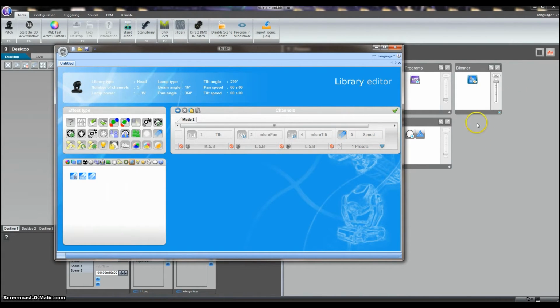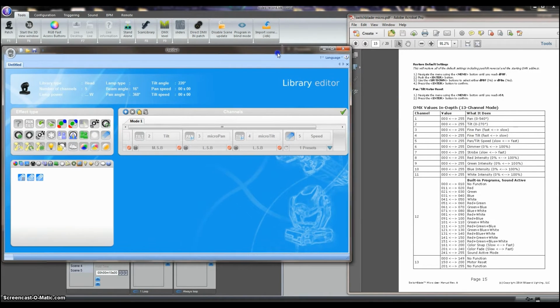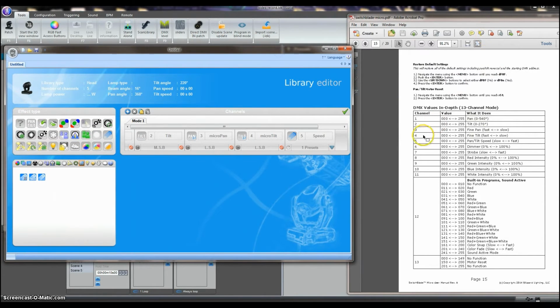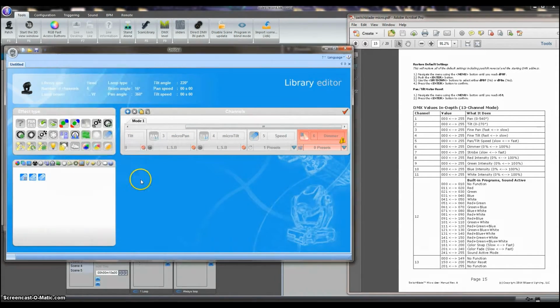All right, so now let's go back to our DMX traits. Channel 6, we have dimmer. So your dimmer, which is right here, you can run your mouse over it. You click and drag that over. Make sure that number 5 is yellow. It's going to drop it in right after that. Once again, we have our check mark because it needs the attributes in the bottom. But as soon as I click that blue arrow, it tells me